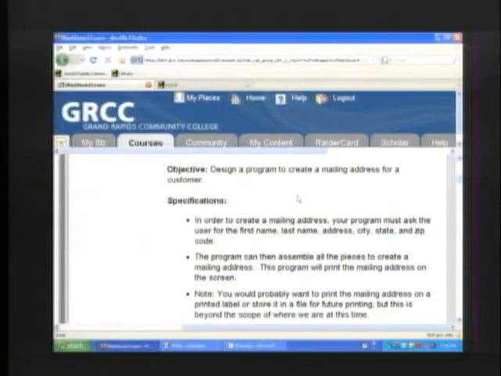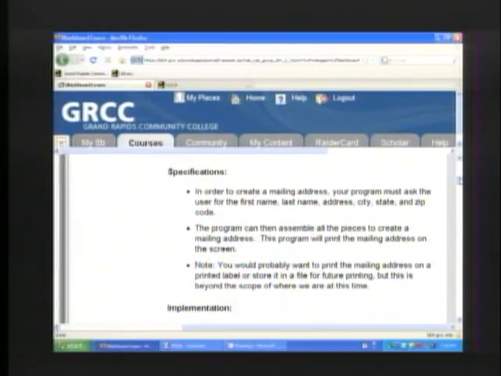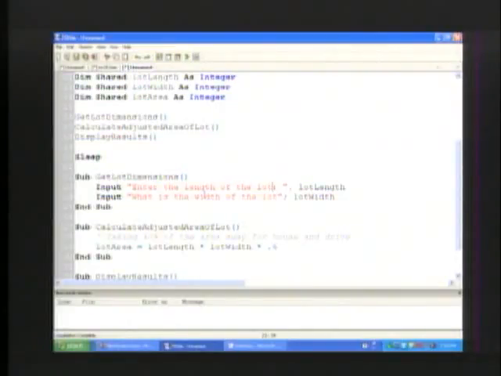This one, though, is basically going to ask you, the user, for first name, last name, address, city, state, zip. So all those things it's going to ask for. And then it's going to put all of those things together to create a mailing address and print it to the screen. Now, in FreeBasic, when you want to connect strings together,